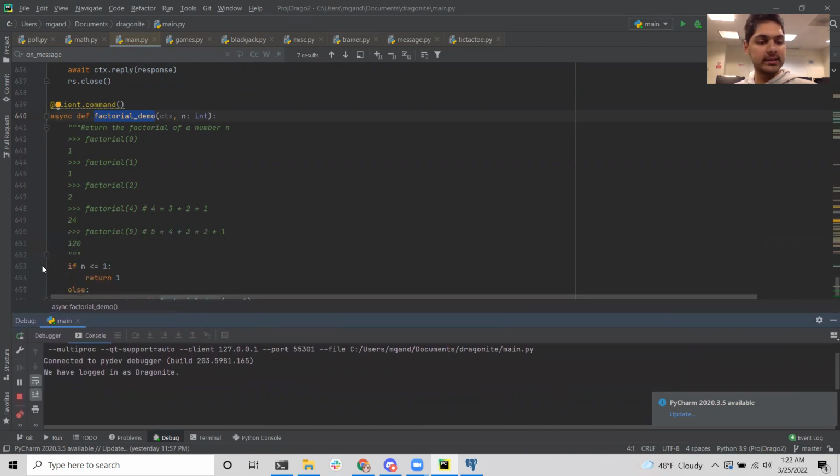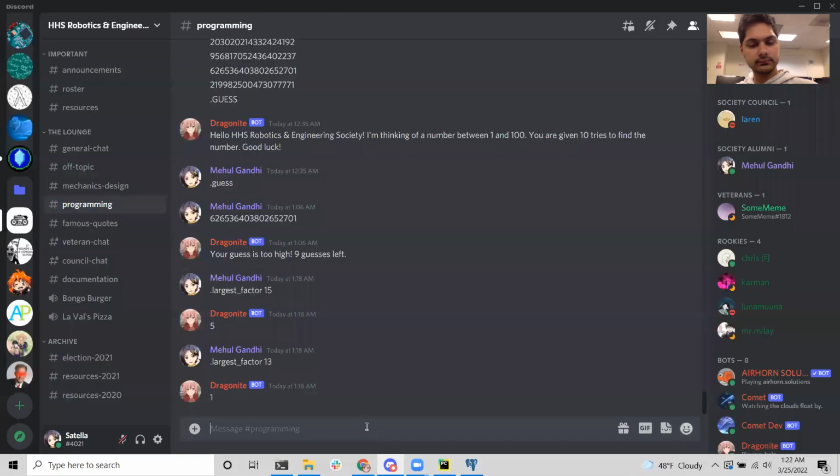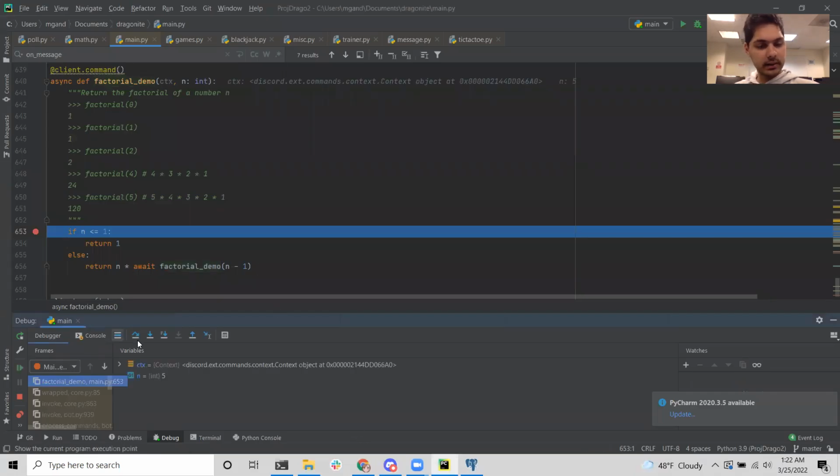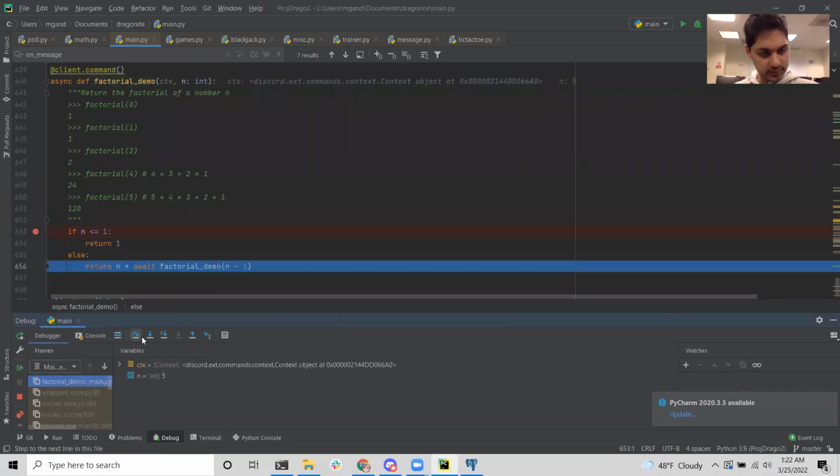But let's see what happens. Okay, now we're in the base case: return n times factorial demo n minus 1.